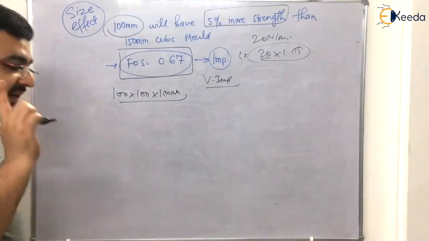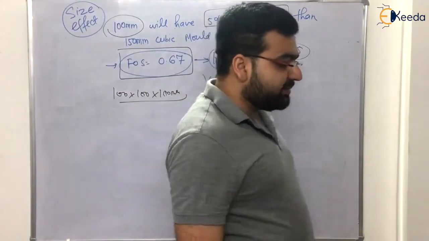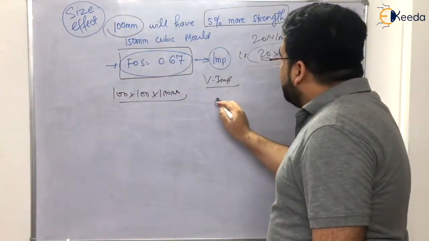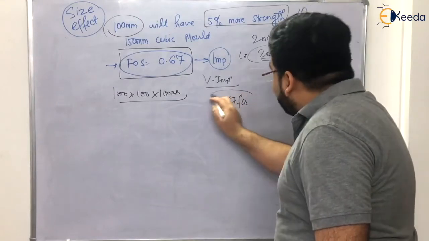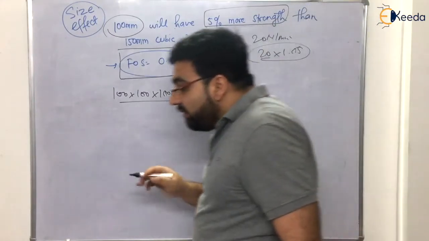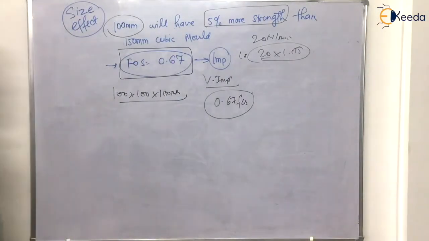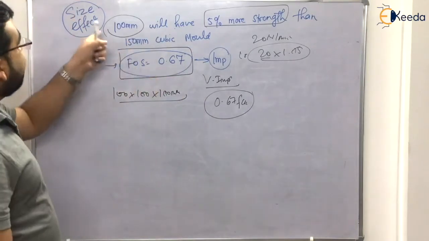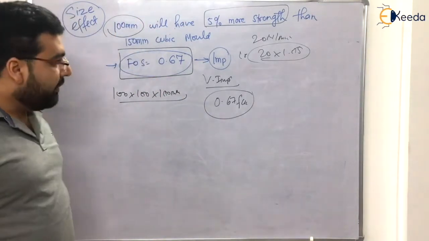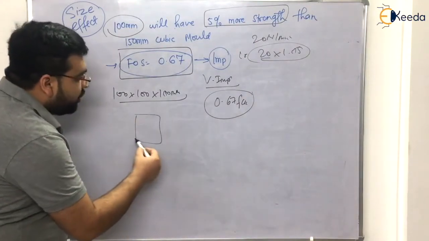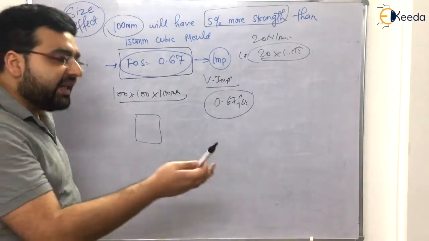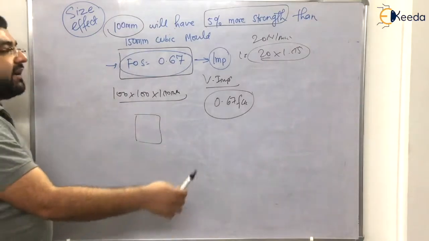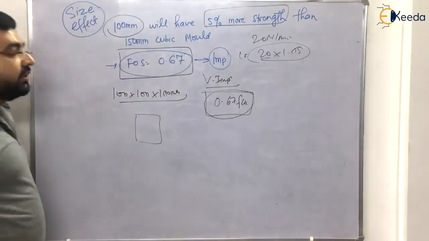Why important? Because when I will be teaching you the design of beams, the design of column, the design of slab, there I will be directly writing 0.67 fck. At that time, don't get confused about where this 0.67 has come from. So this 0.67 is basically the factor of safety to counter the size effect. Clear? Okay? Because we cannot 100% make 150 into 150 into 150. There can be some differences. Even in labs also, there can be some D-shaped structure of mold, right? There can be something. So to counter that effect, we have a 0.67 partial factor of safety.